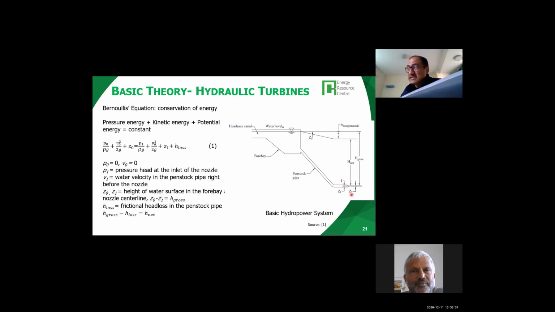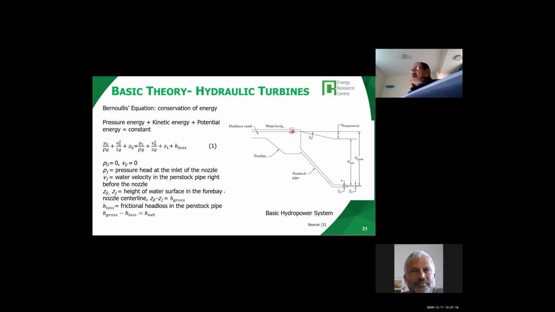Then after that, you have the turbine efficiency and generator efficiency before you calculate the total power. So now, this is a very famous equation called Bernoulli's equation, which is based on the conservation of energy. And it basically says that the pressure energy, the kinetic energy, and potential energy is constant at two different locations. For example, so if you try to compare the